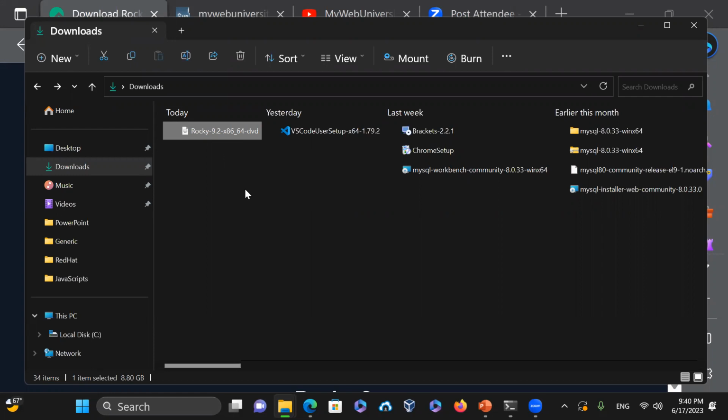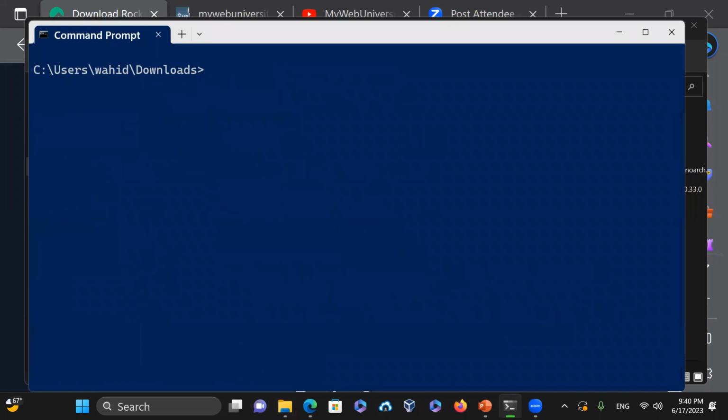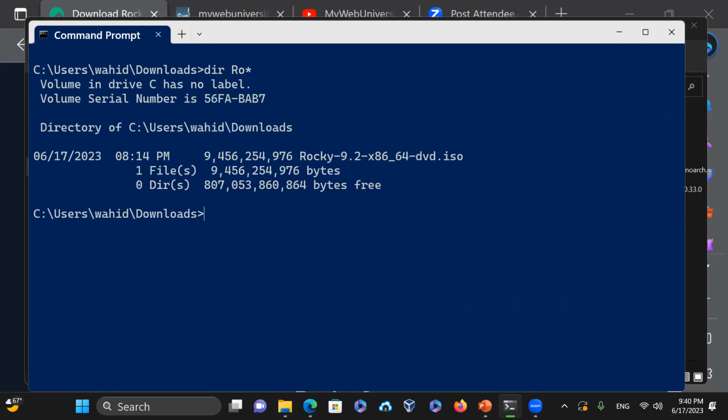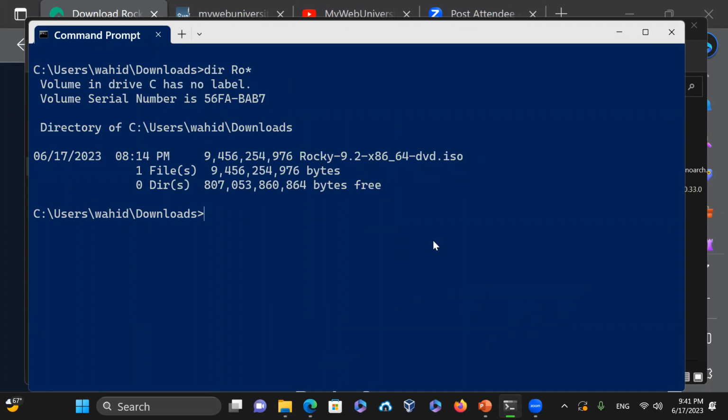for installation. In order to do that installation, I can also come in on the command line and get some information to make sure that the version I got is good. So ls Rocky star would show the Rocky ISO DVD that is available. It is a little bit huge, about 9 gig altogether. So when we do the installation, it might take a little while. Maybe we could pause some part of it. But since it says x86 64-bit,